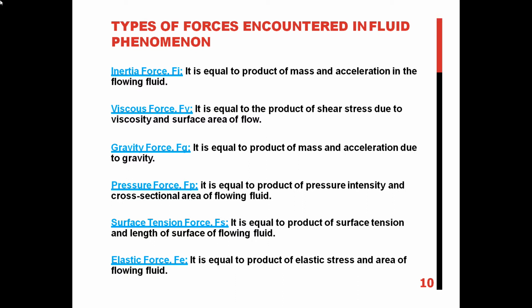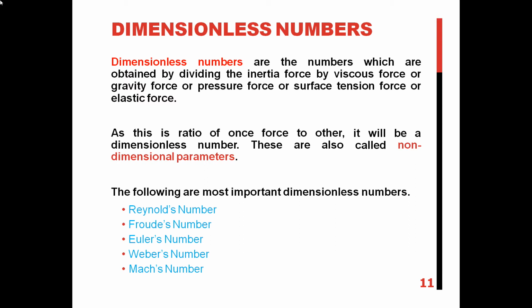And along with this, we will be studying some dimensionless numbers. What are dimensionless numbers? I will tell you in a very simple manner. For example, let us take density as our parameter. What is the unit for density? The unit for density is kg per meter cube. Kg is the kilogram, which is mass.